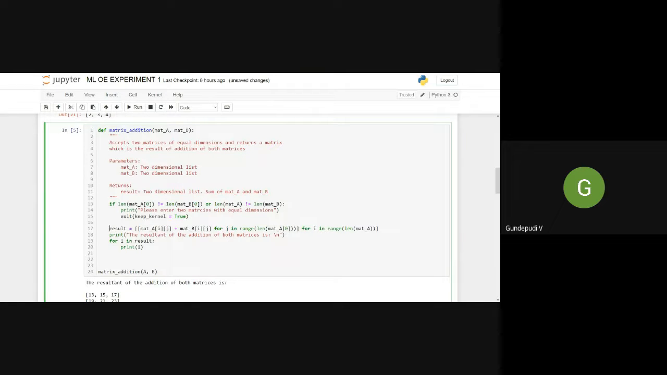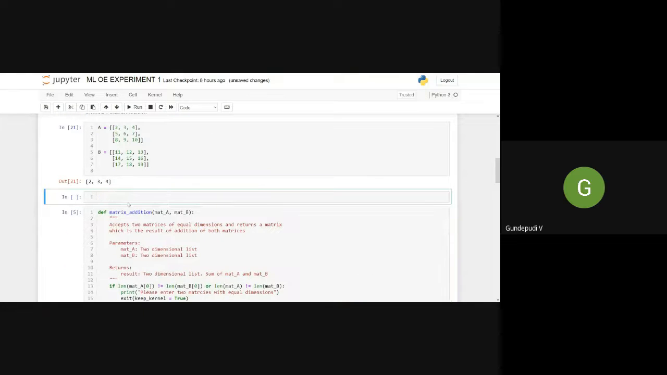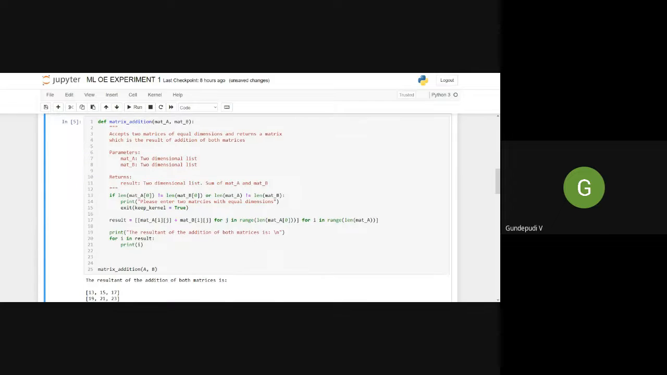I have used something called list comprehension. You can do matrix addition in the traditional way, with for i in range of length of the matrix A, then do another for loop. Nested loops, yeah, you can do nested loops. But I did list comprehension because it's more concise. So what list comprehension is, within one line,